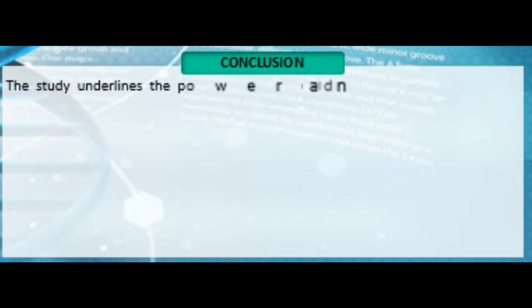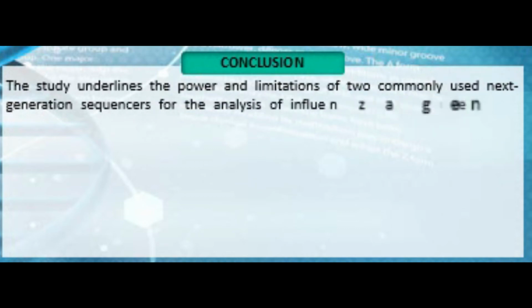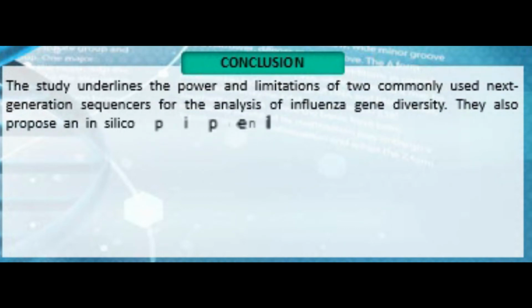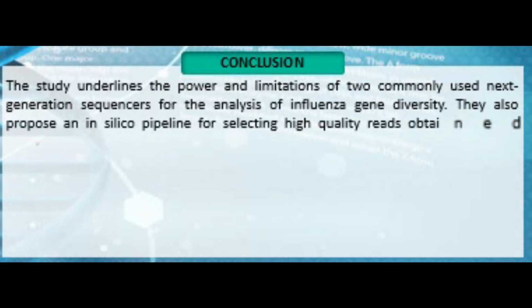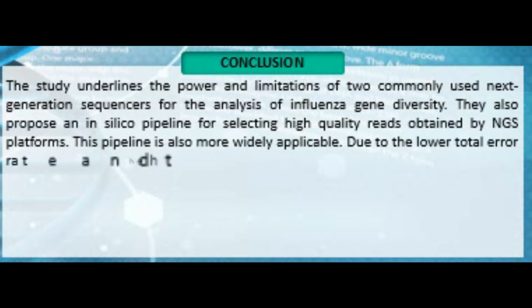Finally, the conclusion. The study underlines the power and limitation of two commonly used next-generation sequencers for the analysis of influenza gene diversity. They also propose an in silico pipeline for selecting high-quality reads obtained by the NGS platforms. This pipeline is also widely applicable. Due to the lower total error rate and high sequencing quality of the reads, it is concluded that the Illumina